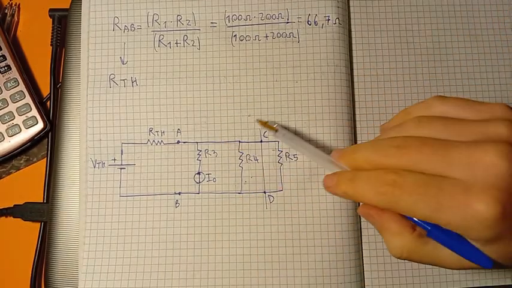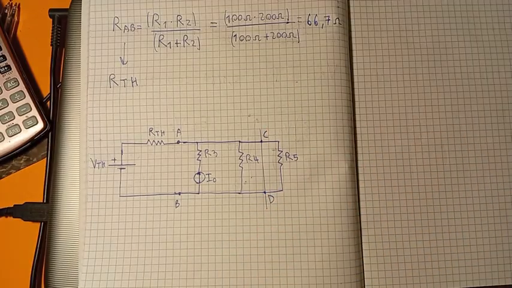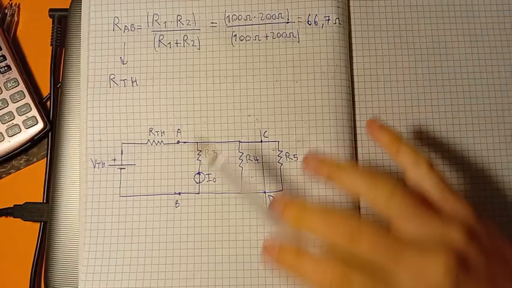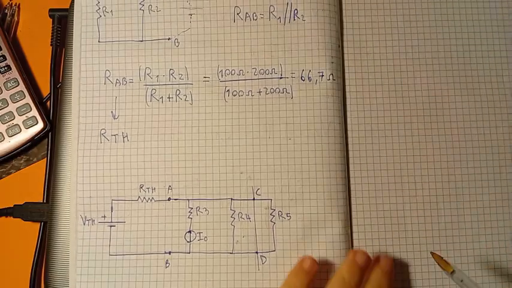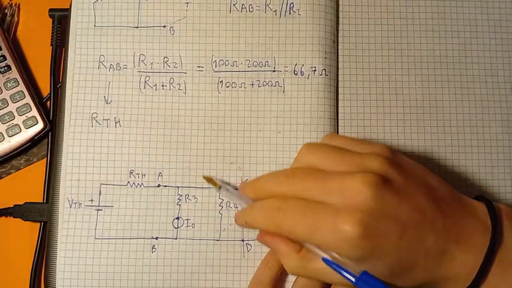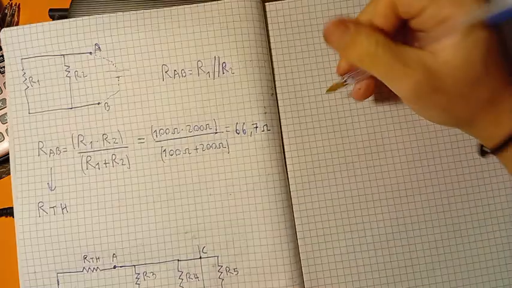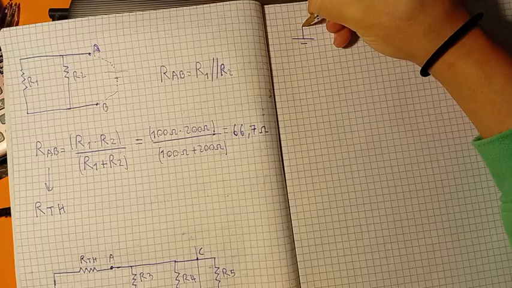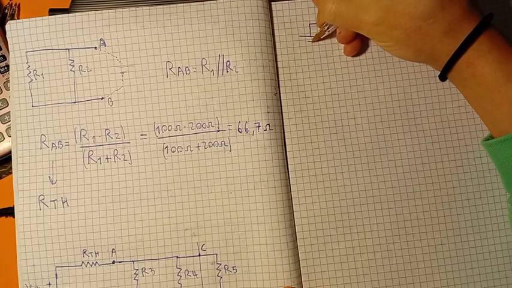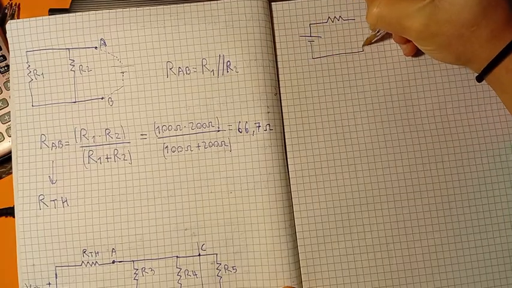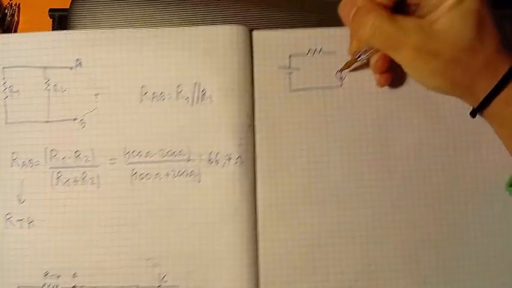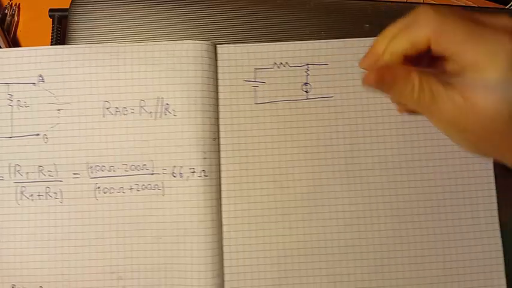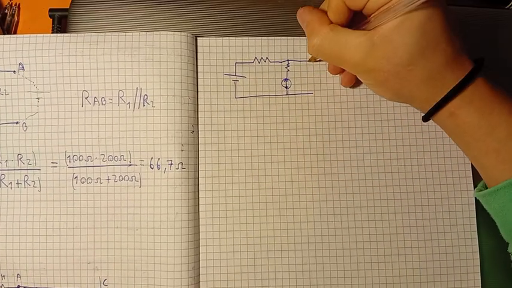Let's imagine we have cut it here. We would have found ourselves in a not really good situation. Let's imagine I cut the circuit here. We would have this situation where I have the voltage source, then the Thevenin resistor. Here we have the current source, and here the other resistor, okay? So if I cut the circuit in this way,